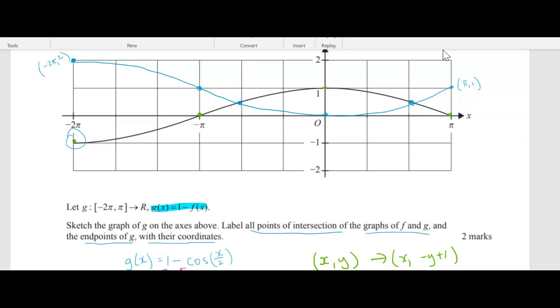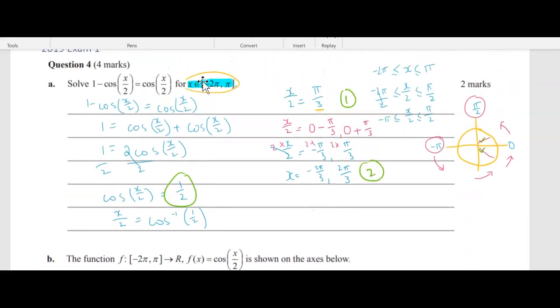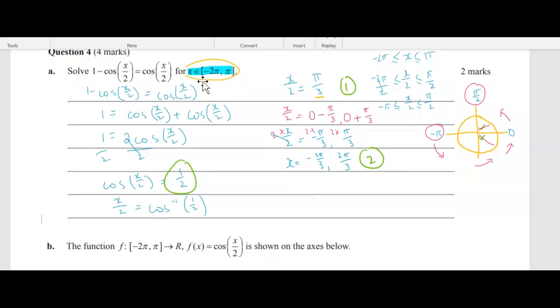Okay, so make sure you do what the question asks. I just drew the graph and then I was like, oh yeah, I'm done. But we have to, and I even underlined it: all points of intersection of the graphs f and g and the endpoints of g. Now, if we go back up to what we did in question a, you will notice we basically did those